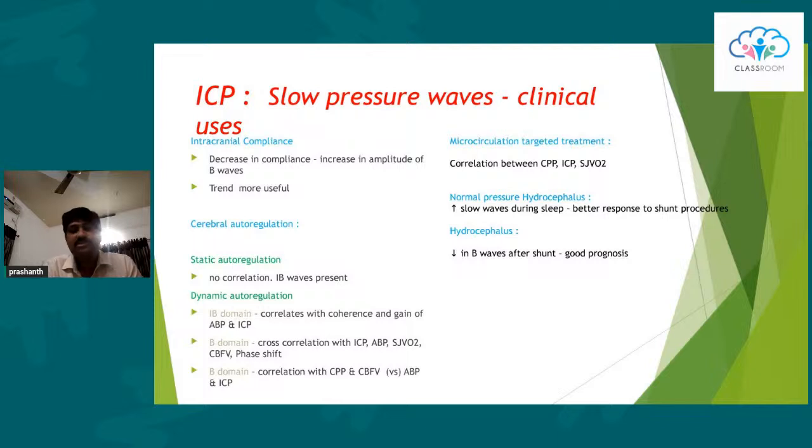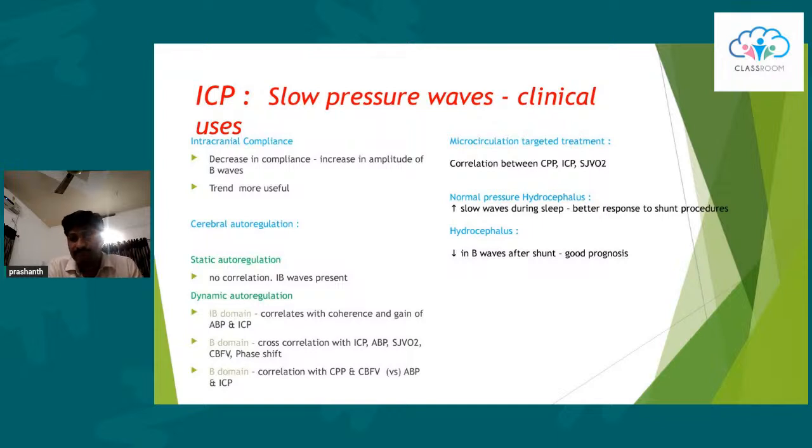What are the uses of these slow waves? Primarily, it indicates intracranial compliance. With a decrease in compliance, there is an increase in the amplitude of the slow waves, and more than the absolute value, the trends are more useful. And it may be used to correlate with other variables like cerebral perfusion pressure, ICP, and SjVO2 in a multimodality